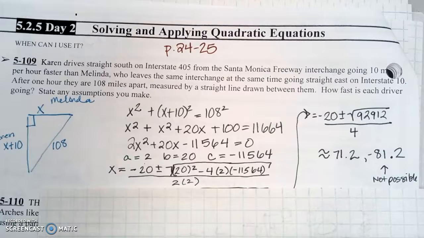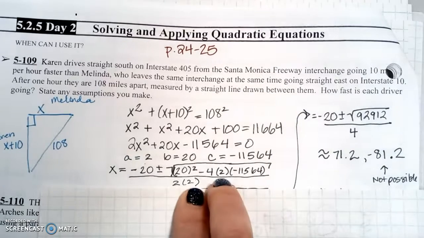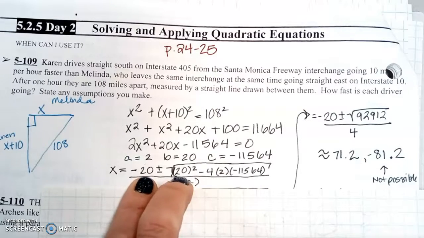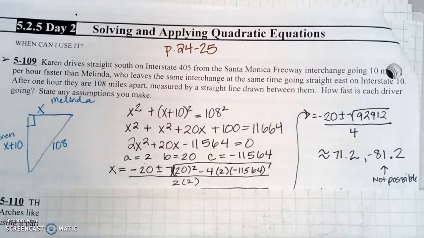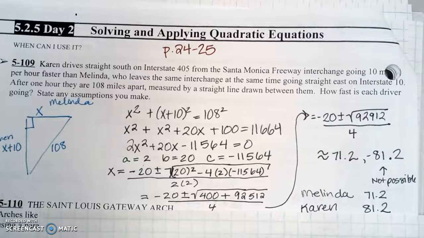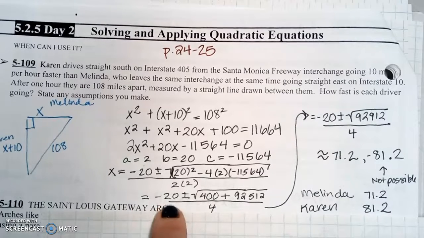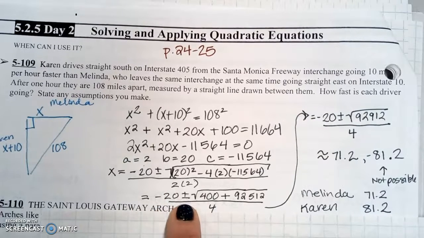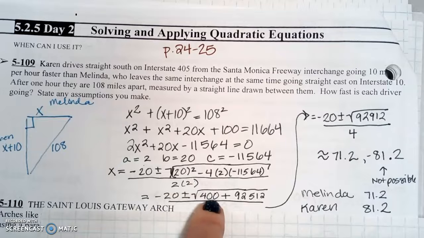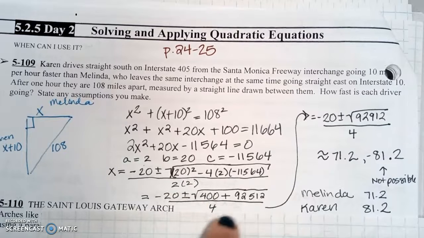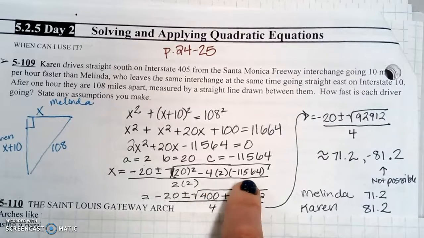Okay? Get your a in its 2 spots right there and right there. Get your b in the 2 spots right there and right there. And your c just gets plugged in once right there. Then on the next step is when you're going to simplify. So to simplify, you're going to say, this doesn't need to simplify, just rewrite it. Rewrite the plus minus, rewrite the square root, and then underneath is where you're going to plug stuff into your calculator. So 20 squared, you should get 400. Then in your calculator, you're going to multiply negative 4 times 2 times negative 11,564,